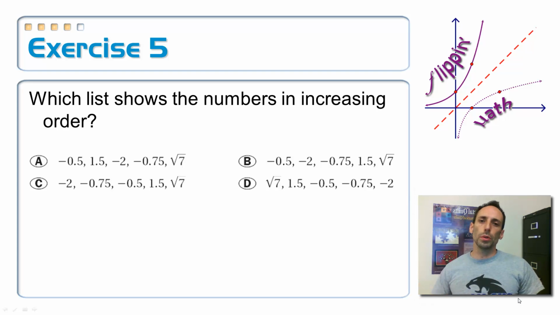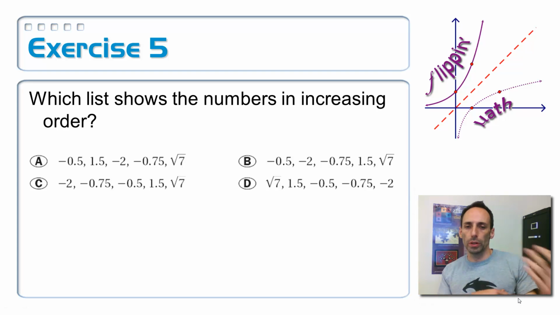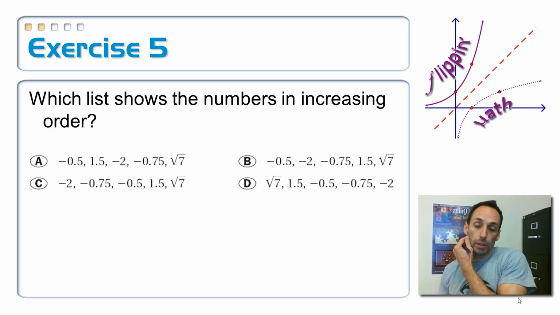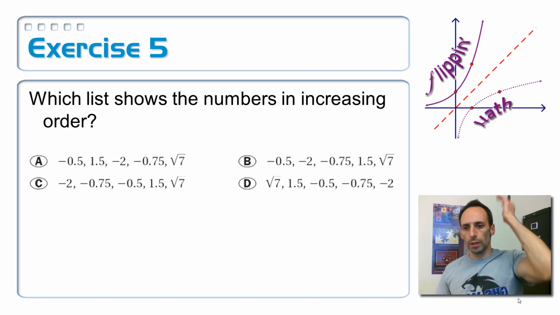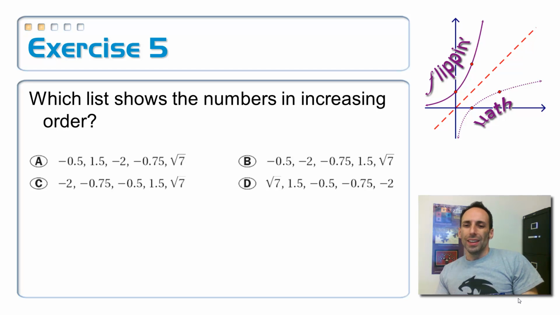Okay, so let's just do a few more exercises that have to do with both of the objectives here. Might be some real number stuff, might be approximating square root. And that's what this question is. And yeah, it's multiple choice, and I usually can't stand them, but this is maybe from, definitely not SAT because they have 5 answer choices, but it might be like an ACT or some sort of end-of-course kind